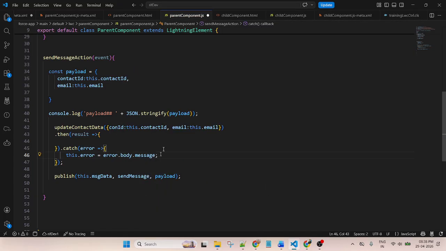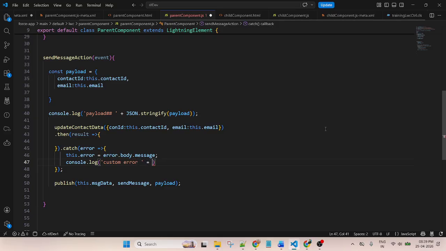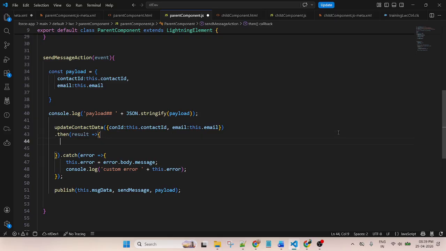It will return the error and store it inside this variable. So you can use console.log to check the error message. If any kind of error occurs, we can check it here. Custom error. This is dot error. And then function.